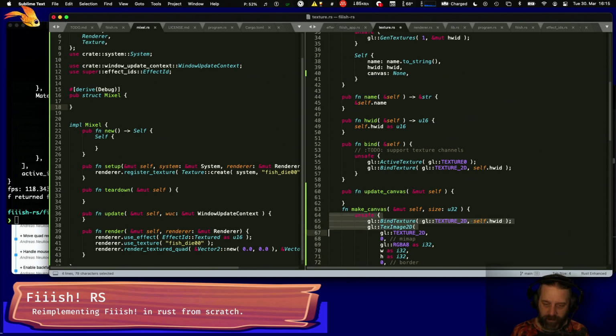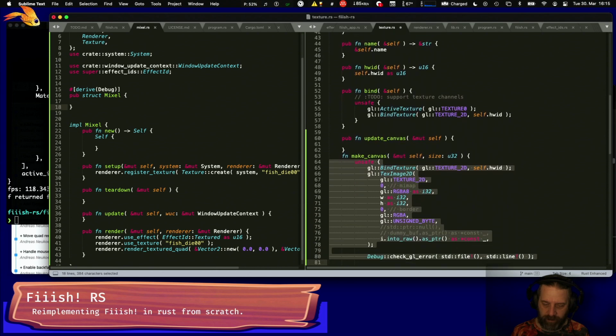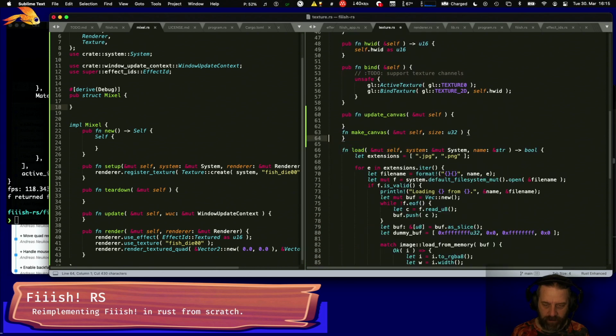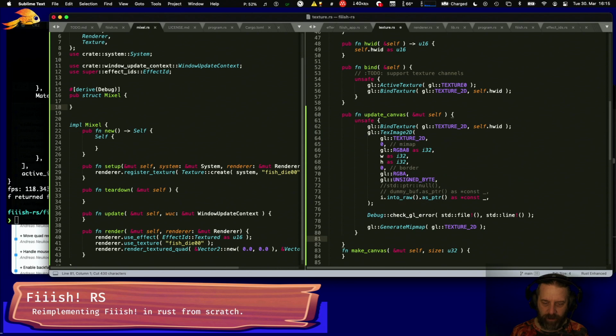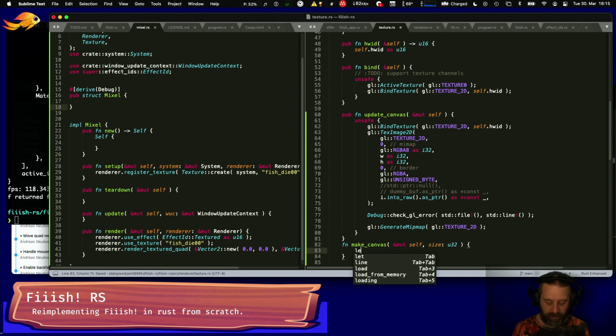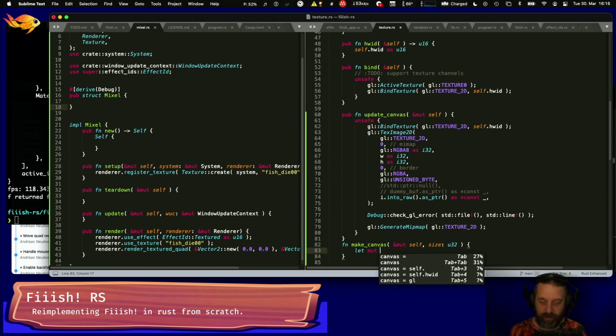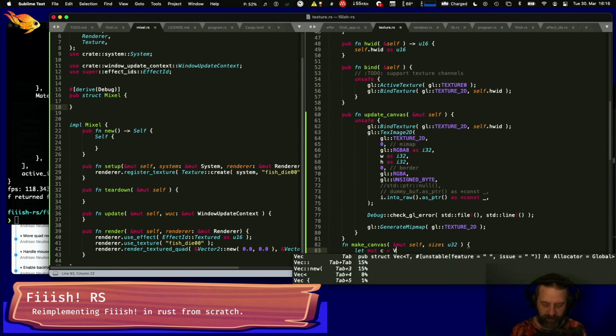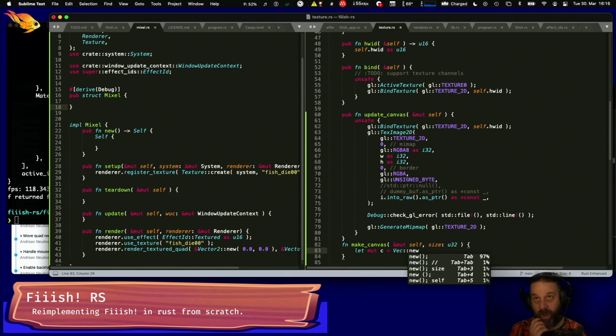Actually, all this unsafe work is here, right? And the mipmaps need to be gone. So what if in make canvas, let's make this mutable. Mutable c equals Vec